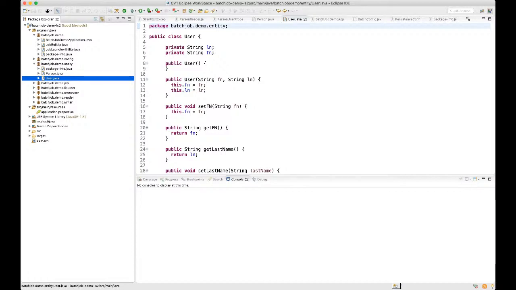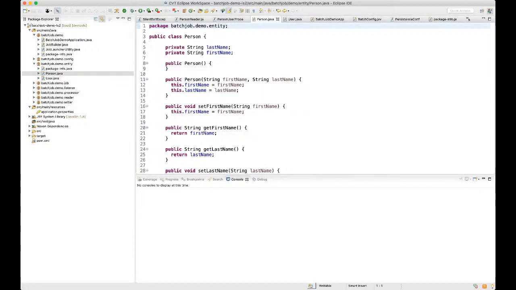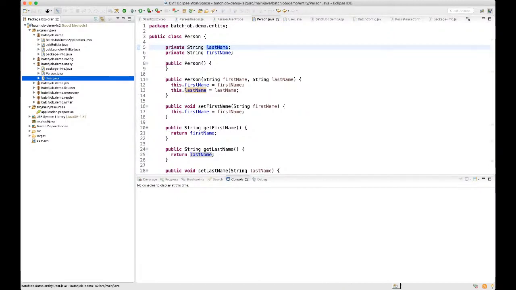So I took this example where we get the data of person and want to convert it and write it somewhere as the user. In person we have two fields, first name and last name, and in user we have two fields, ln and fn, which indicate last name and first name.